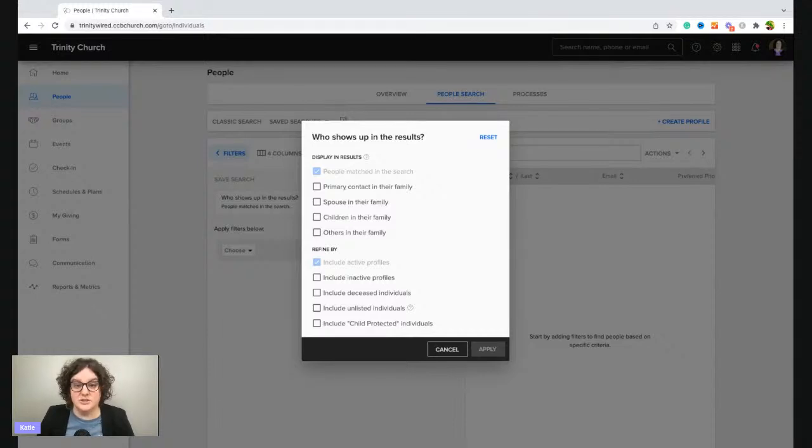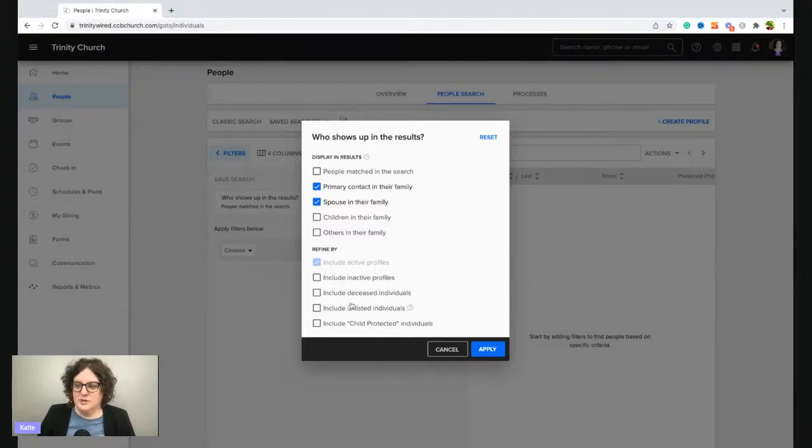When you might want to change it is when you want to send a communication or you're reaching out to parents of children or students. So then you would just check these boxes and you may not even want the students in that list. So I just want the primary contact in the family and the spouse in the family.